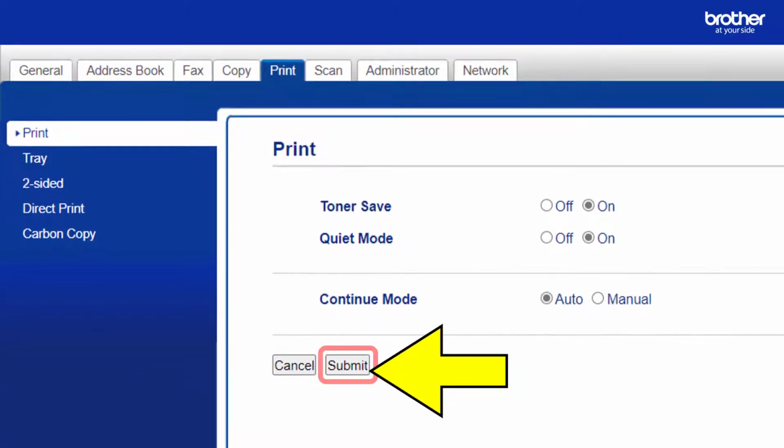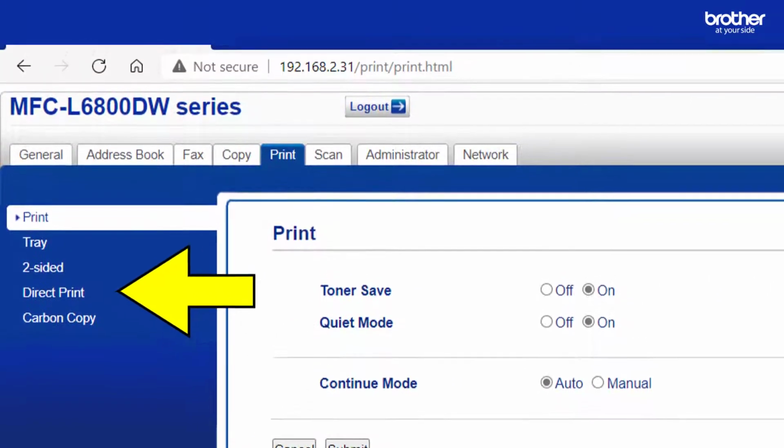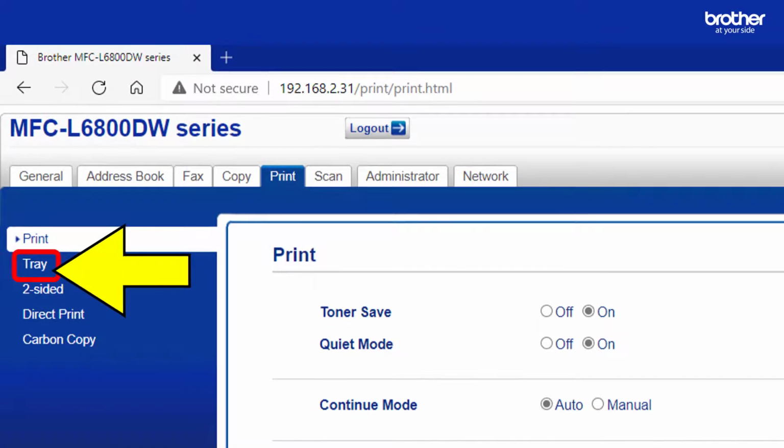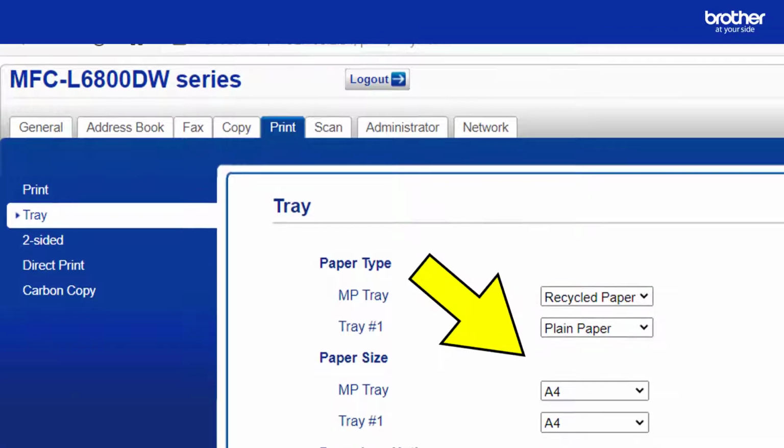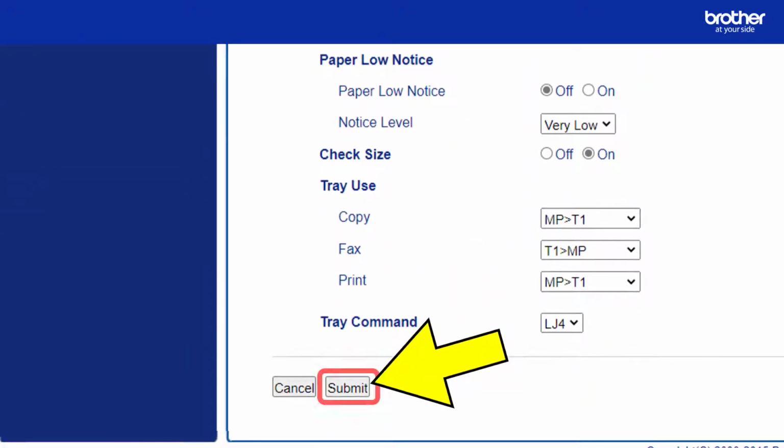After saving them, I went on to configure the multi-purpose tray. To make it easier to recognize later, I selected the paper type, recycled paper. I then saved this setting and was able to close the web browser.